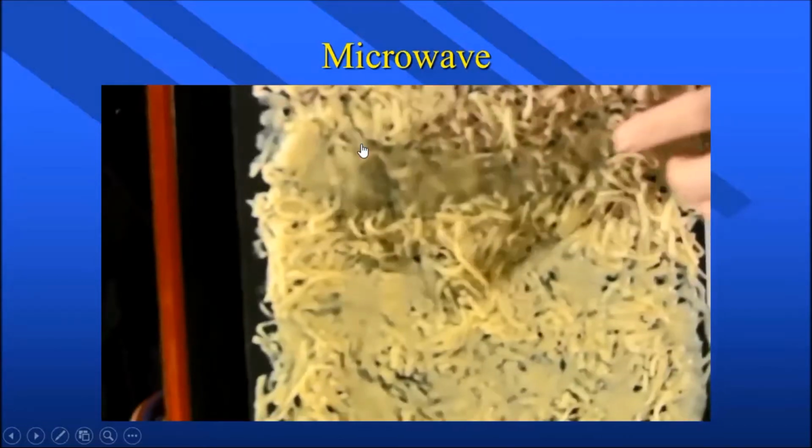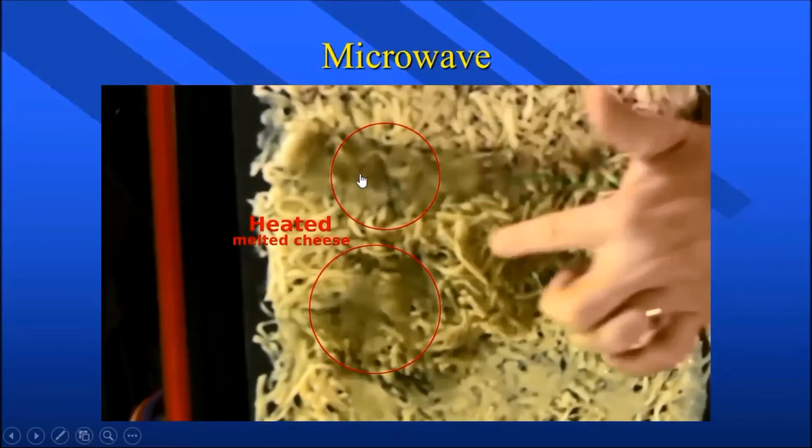Now, you can see on here sections where the cheese is completely melted. So why are some sections melted and some are not? I know. What do you think? It's the waves. The waves are going through the microwave like this. So wherever it hits the cheese, that's where it will heat up the cheese. That's why you have the little turntable, so that as much of the food is exposed to the wave as